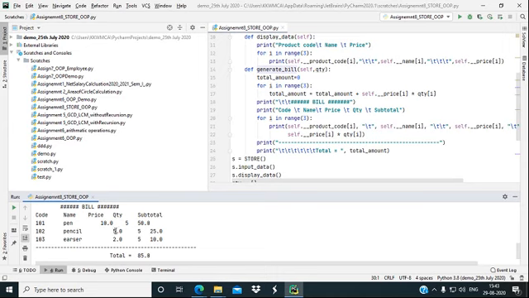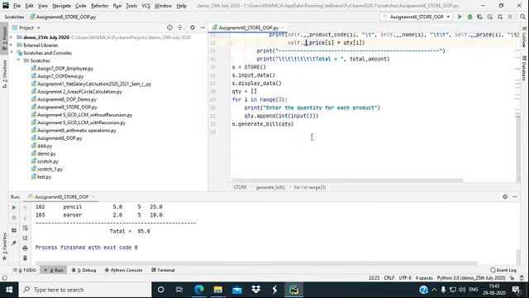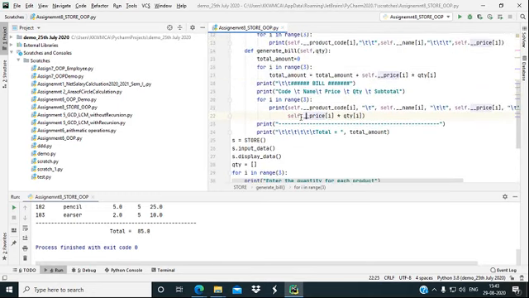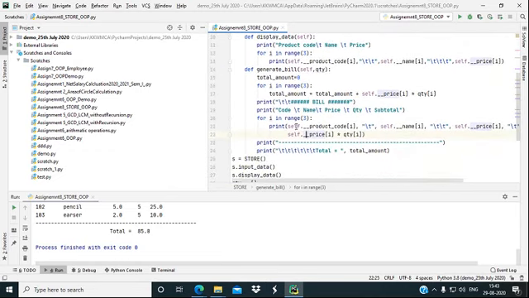Then the second price we have given is 5, and the quantity we gave is 5. Sorry, there is a print statement mistake here, so please try to understand. 5 into 5 it's showing 25, then 2 into 5 it's calculating 10, and if we add 50 plus 25 plus 10, then the total amount of the bill is 85. Likewise, we perform the store calculations, or generate the store bill, by using the array and the object oriented concept. Hope you understood it.